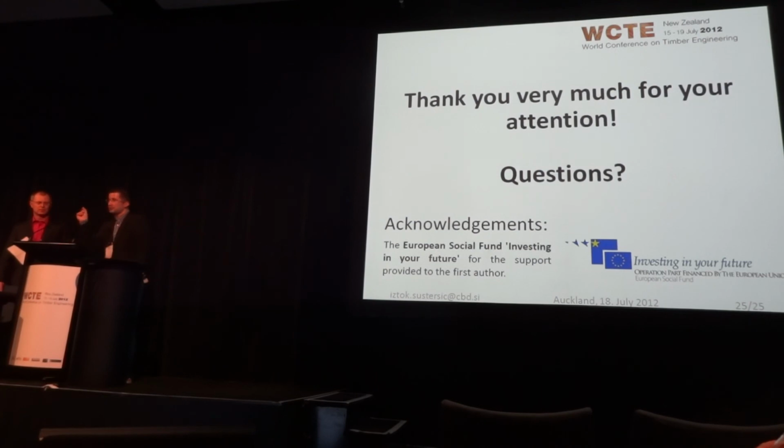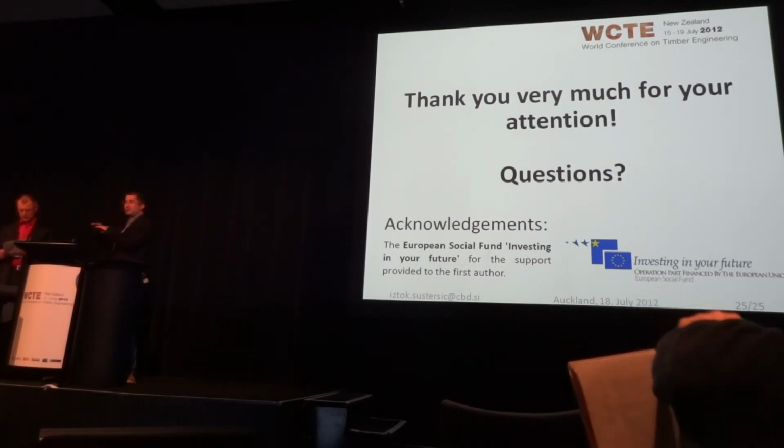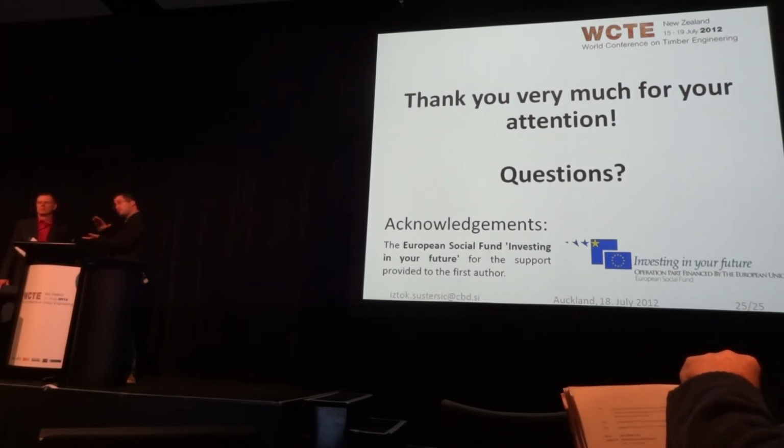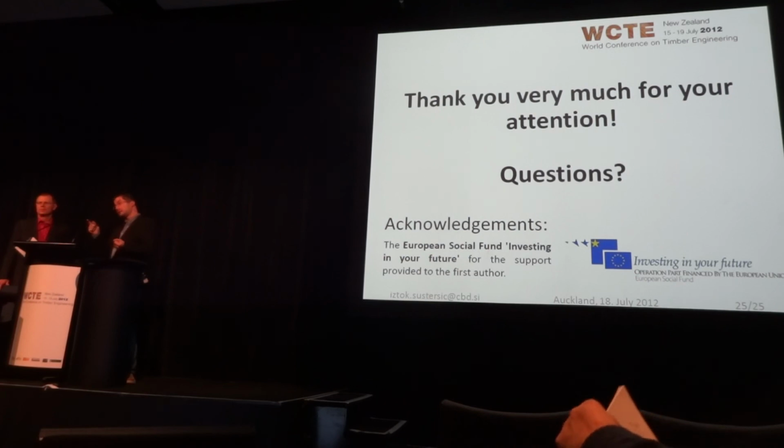The rotation point was pretty much at 0.9 of the actual wall length, but we were testing walls of around 2.5 meters, so it didn't seem to move significantly. However, I think this is more a question if you have a high-story building, but on the first floor, where you don't have a concrete foundation anymore, but you have a cross-laminated plate, which is then compressed perpendicular to grain, and then in this case you might end